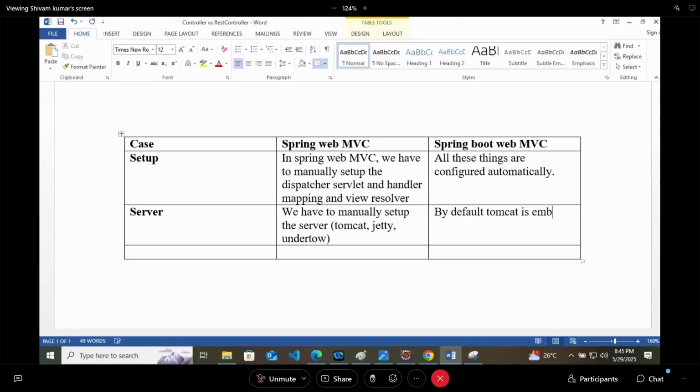View engine. What is the view engine? Just now we discussed one view engine, that is Thymeleaf.